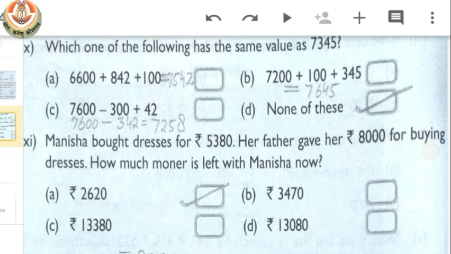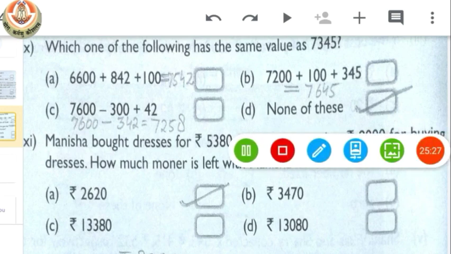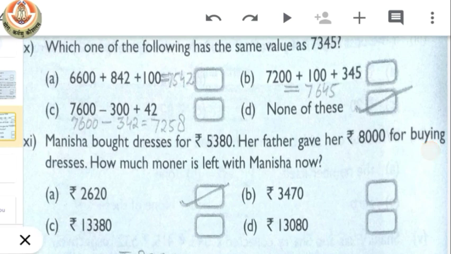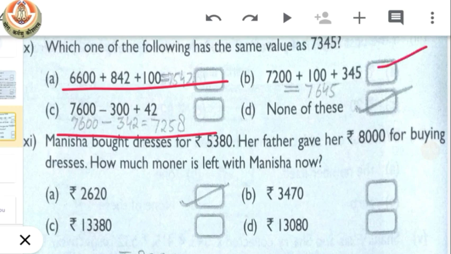Now the next question is, which one of the following has the same value as 7345? So when we added the A, we get 7542. When we solve it, we get 7258. When we added them, we get 7645. That means none of the